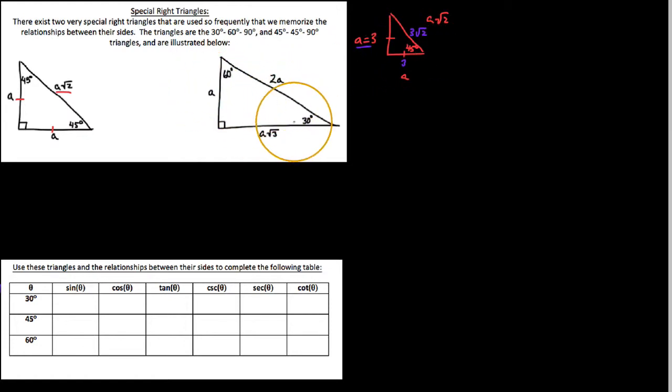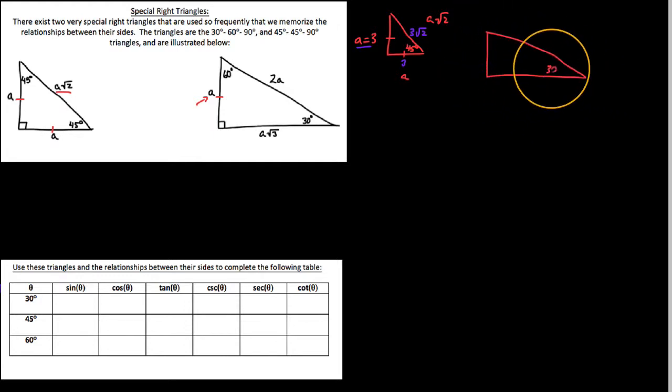Now, on our 30, 60, 90 triangle, we kind of have a similar scheme. Notice that the shortest side is the one that I call this variable letter here. We say A. But I can always guarantee you that in a 30, 60, 90 triangle, whatever the length of the short side is, we'll compare everything to the length of the short leg. I can guarantee you that the hypotenuse is always twice as long. And I can also guarantee you that the longer leg is whatever the short side is times the square root of 3. So again, I mean, I'll throw out an instance here where if we had a 30, 60, 90